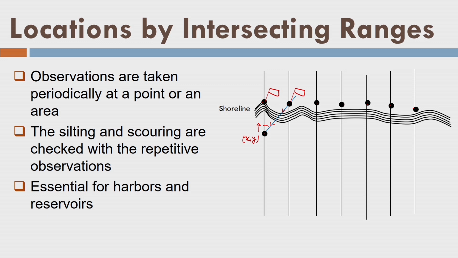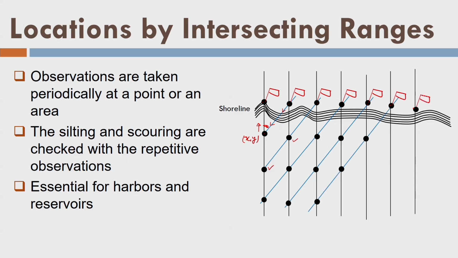Now, you got the idea. Since this angle is fixed here, I can always find out the position x and y. So, I will repeat this process. Let us say this is a flag and the boat is moving parallel to the previous line. So, we determine these two points also. This is the next flag and we move parallel to this and we determine these points. We are getting the points at regular intervals or in a regular grid fashion. Keep on doing this, and so on. So, this method is called locations by intersecting ranges.